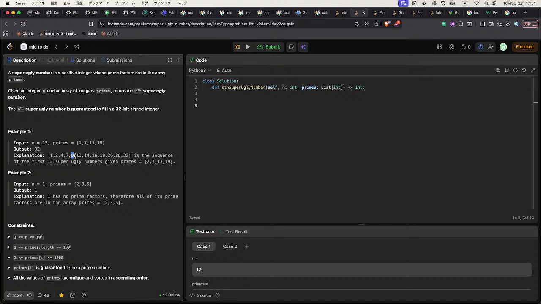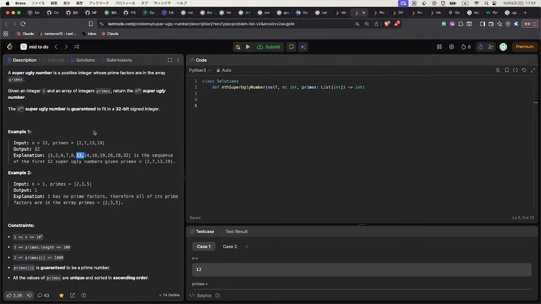We choose 8 as the minimum number, so for 2 we can choose 7 as a multiplier, so we get 14, 14, 14, 13, 19. Those are the candidates. Since 13 is the minimum number, we choose 13, and we can increment the